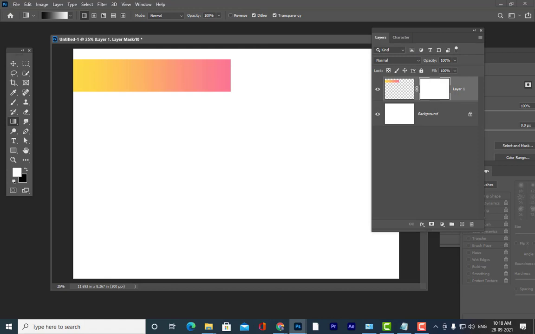See, why do we have to use black and white? Because to see the effect of masks we have to use black color and white color, because black will hide areas and white will show areas. I think all of you know this, right? All of you know this? Yes, sir. Okay.